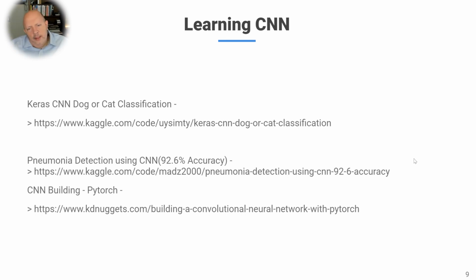So I'm going to post a couple of these. If you want to learn more, you can do a dog or cat. There's also a celebrity face set where we can detect different celebrities. There's that pneumonia detection. So there's a couple different ways to learn CNNs. For me, it's not so important that you learn CNNs, but that you understand the big picture, and if you want to learn it, there's tools out there to learn it.